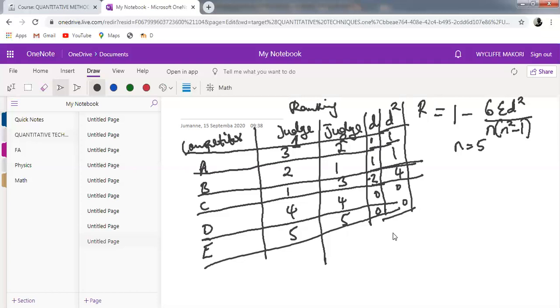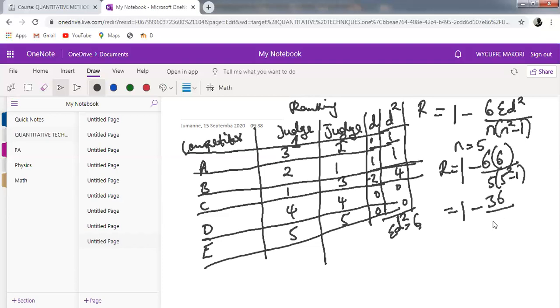So we need to add the d squared so that we can get the summation of d squared. In this case, it is 2 plus 4, which is 6. So our r in this case would be 1 minus 6 times the summation of d squared. The summation of d squared is also 6 over n, which is 5, into bracket 5 squared minus 1. Therefore, it's going to be given by 1 minus 36 over 5 into 25 minus 1. That is 5 squared is 25 minus 1, which will be equal to 1 minus 36